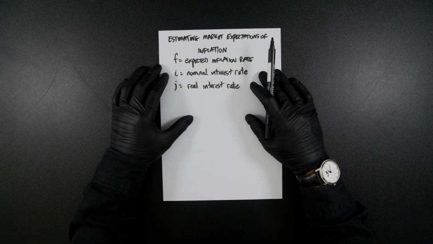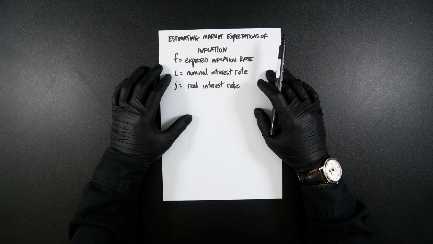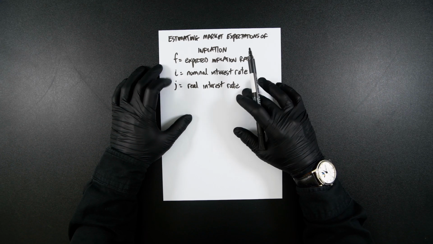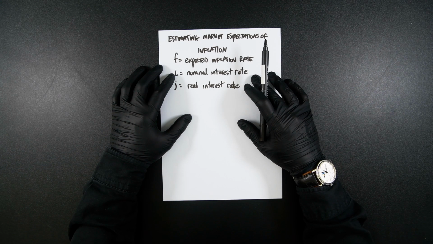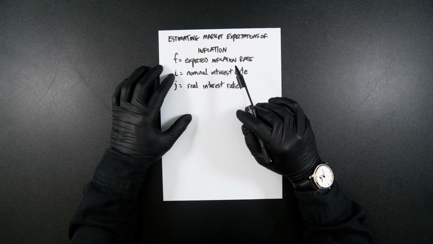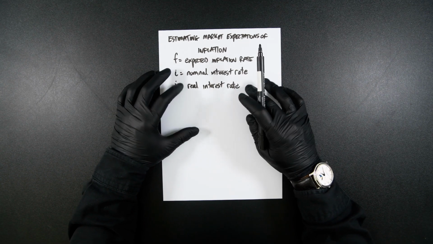So you want to predict the future. You want to estimate what the market expectations are of inflation. We're going to need these two to start working everything out. So we've got the nominal interest rate, which is typically formed from government bonds, and the real interest rate, which